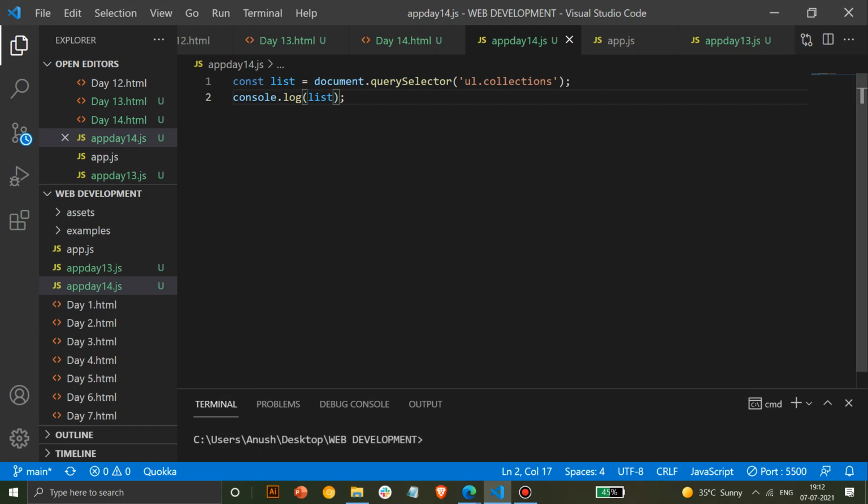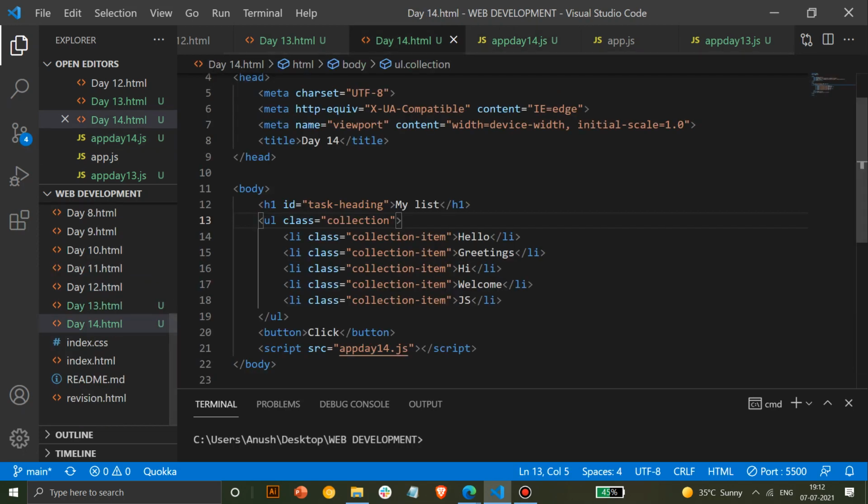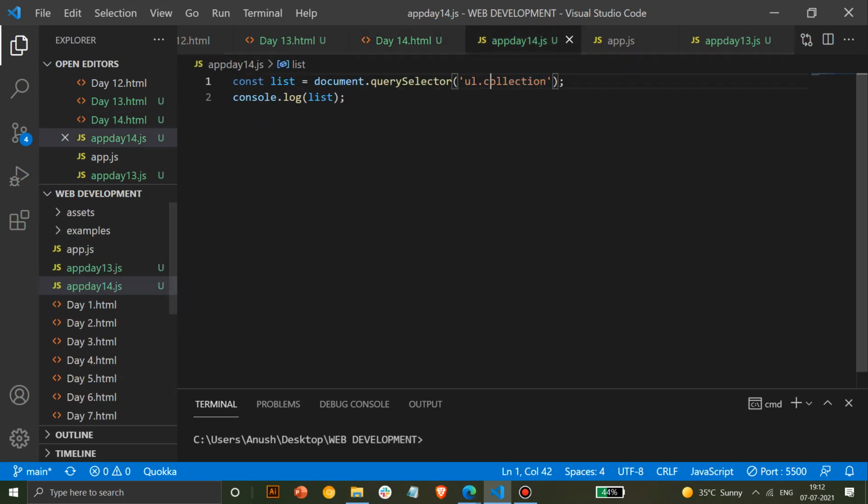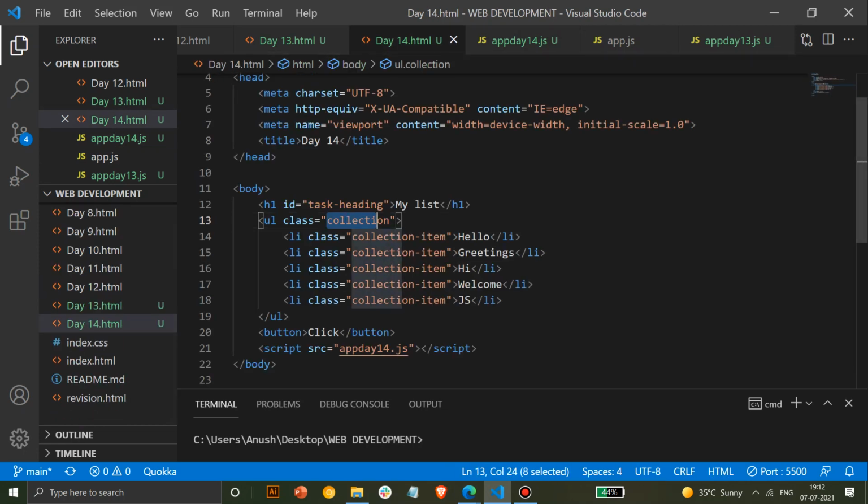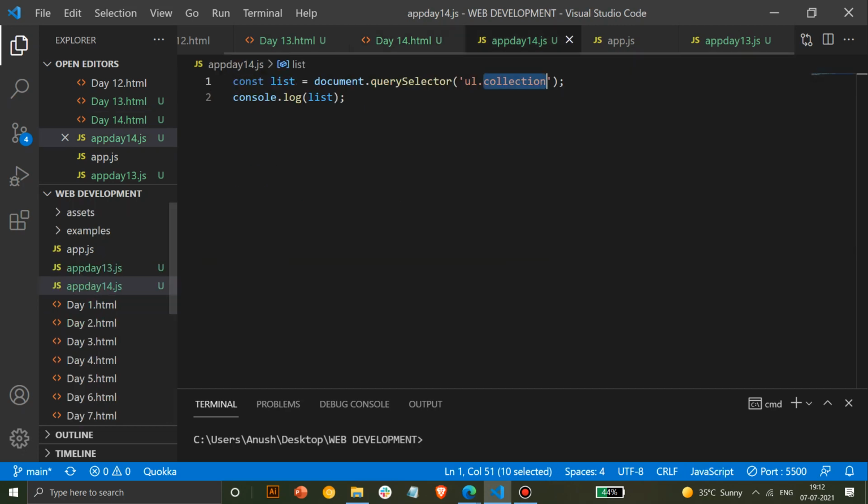What's the advantage of using .collection with it? When you have multiple ul classes in your project, it's better to put ul and .classname so that it knows which class you are using. Or you can directly use the class name. But in case you have some other object with the same class name, it's better to use ul.collection to give a better approach.